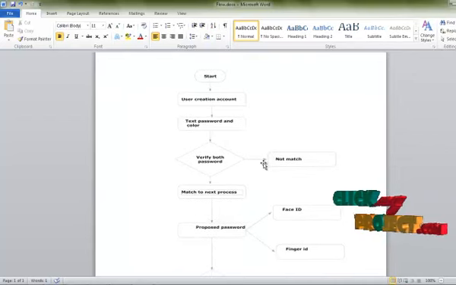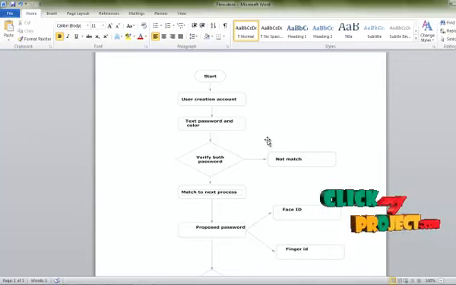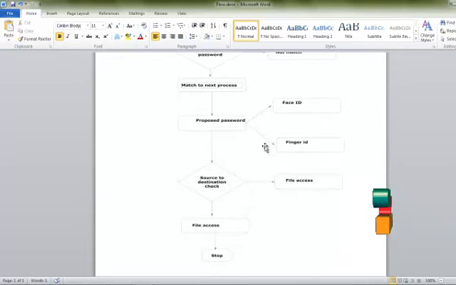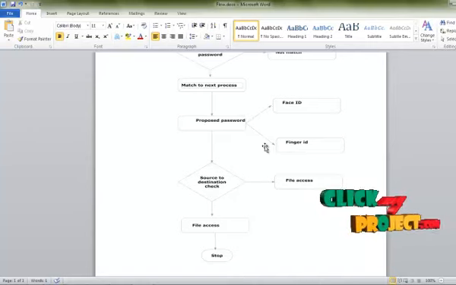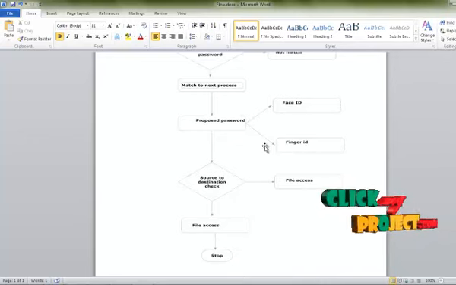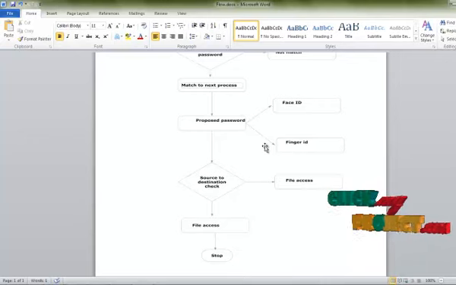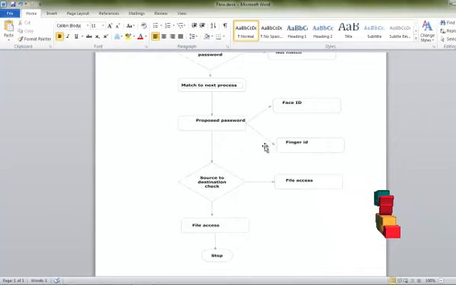If the text and color passwords match, it goes to the next process. In this proposed method, the password equals face ID and finger ID. The face ID is stored in the database, and the finger ID is verified with the MD5 algorithm. Both are verified along with the user information and the destination information, and the data source for the destination is obtained. In the source to destination check, if all the information is valid, the file can be accessed and stored for the destination user. The file access details and data information are collected. Stop.